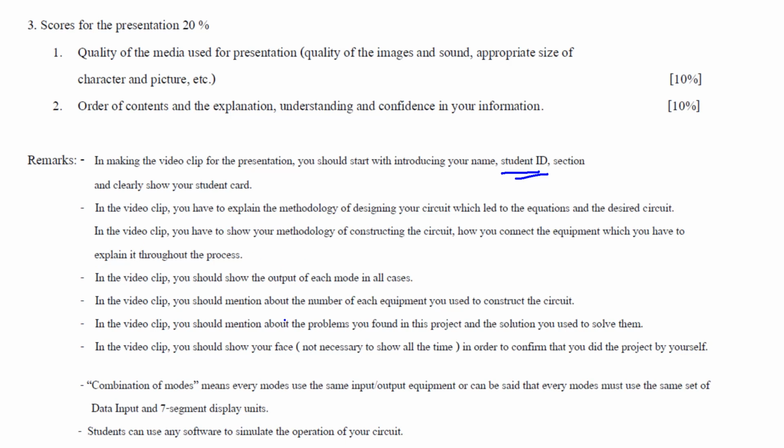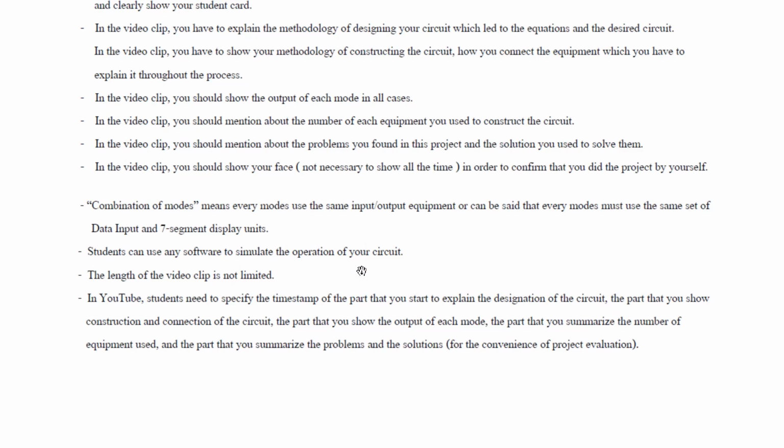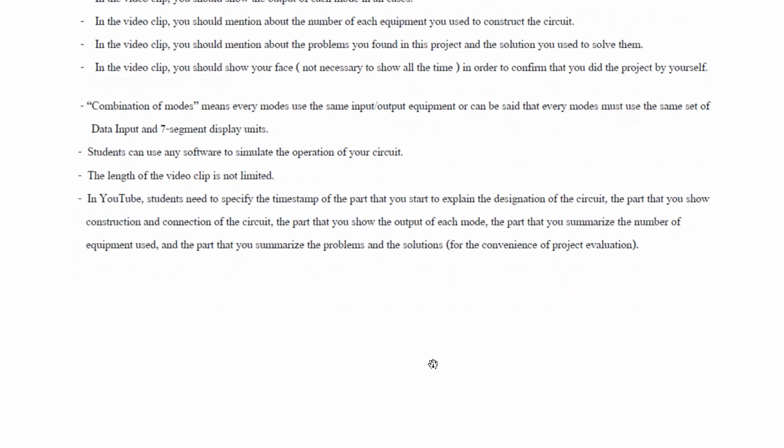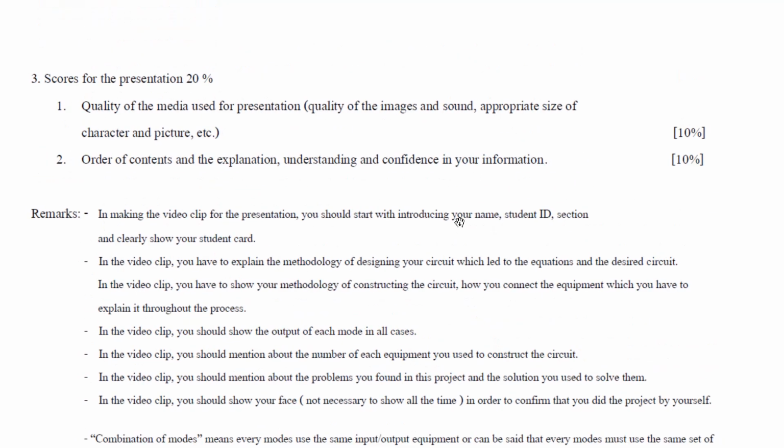Follow this. And after that you just upload maybe on YouTube, if possible. And if possible, specify timestamps also. It's easy for me to see the detail for each part. Okay, that's all for the detail of